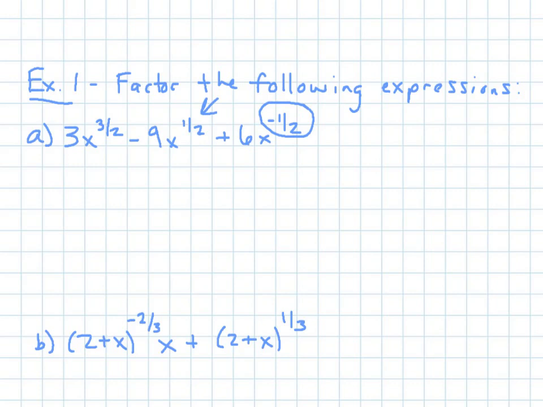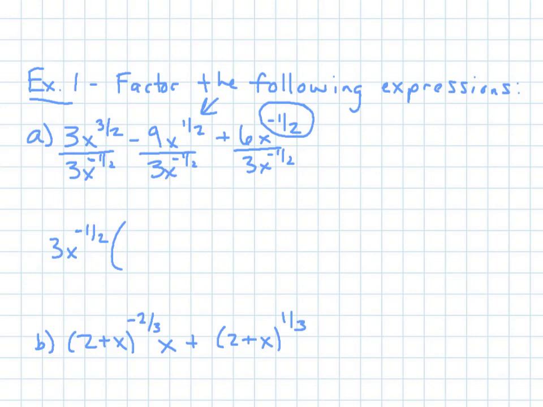Now remember, it's like dividing. How about I move this down a little bit so we can talk about that. Okay, so remember, it's division, so 3x to the negative 1/2, 3x to the negative 1/2, and 3x to the negative 1/2. Okay, so remember, when you're dividing, use your exponent properties. 3 divided by 3 gives you 1, because x and x are like bases, and you're subtracting when you have a quotient. So then 3/2 minus a negative